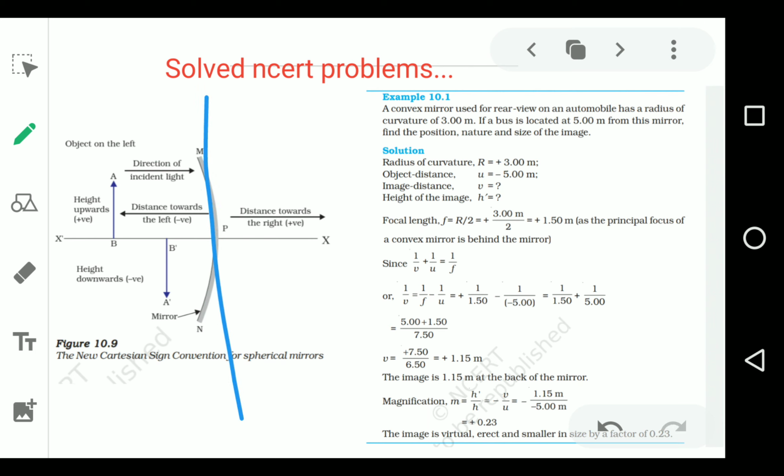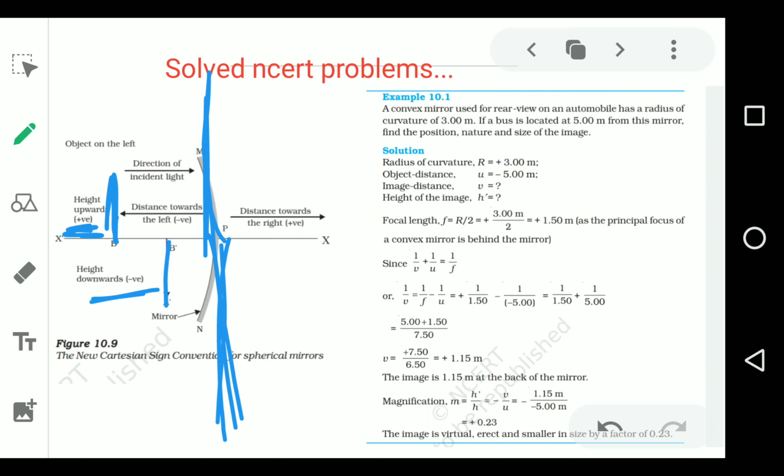Okay, this is the y-axis, and if the object length is parallel to the positive y-axis, the height of the object is positive. If the image, or the object, mainly the image only, because the object is always taken as positive, is formed on the negative x-axis, so when the image height is formed in this way, parallel to the negative y-axis, then the image height is taken as negative. Okay, so these are the sign conventions.